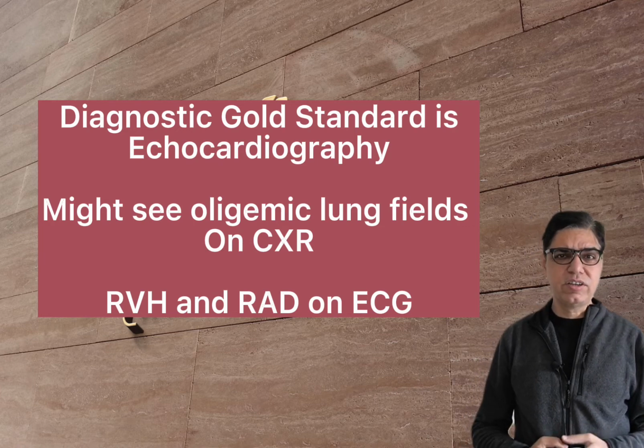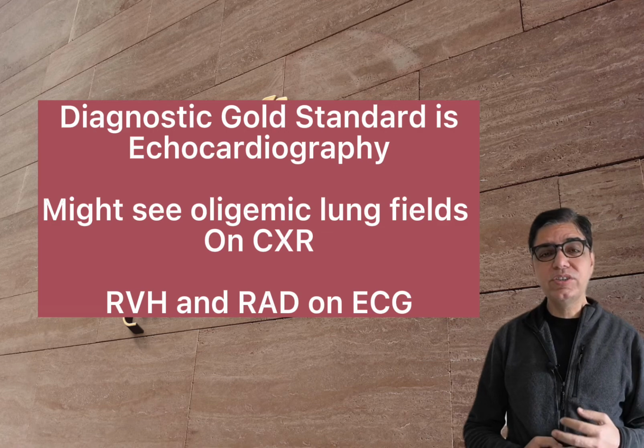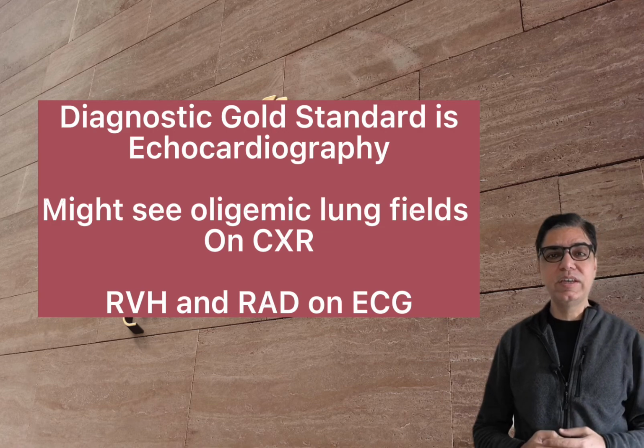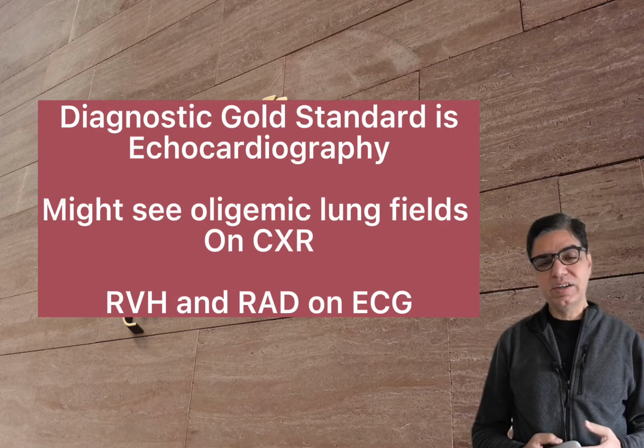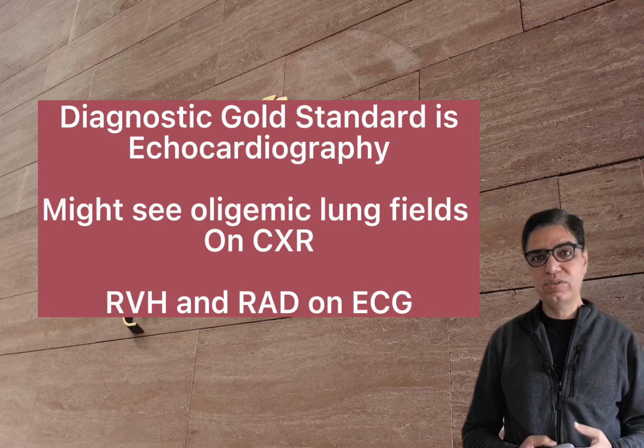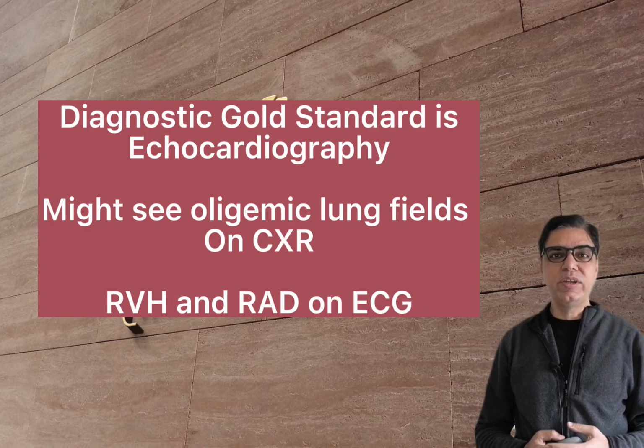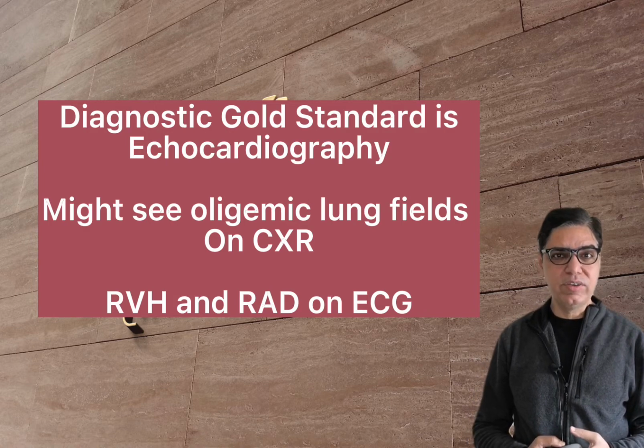As far as the chest X-ray is concerned, because there is pulmonary stenosis, less blood would go towards the lungs, and you would probably see oligemic lungs. So you might see an increased cardiac shadow because of the right ventricular hypertrophy, and you might see oligemic lung fields, that are actually dark lung fields with less